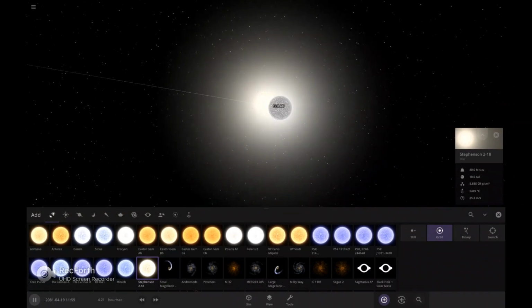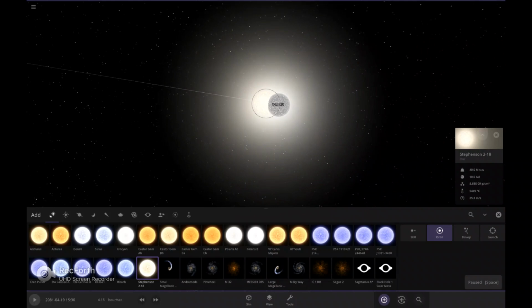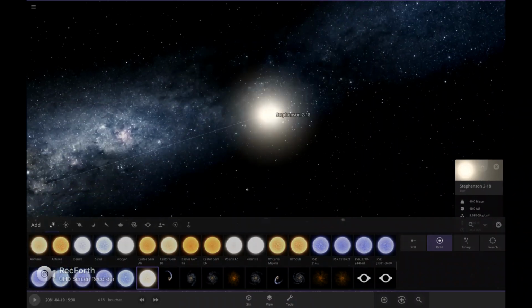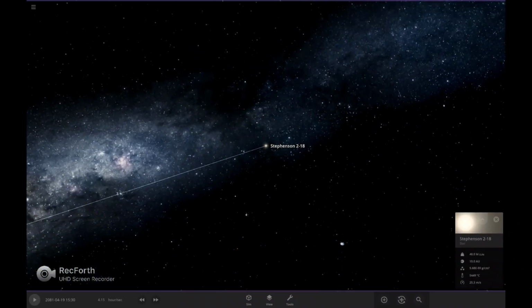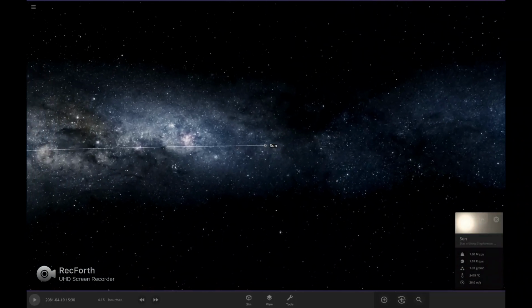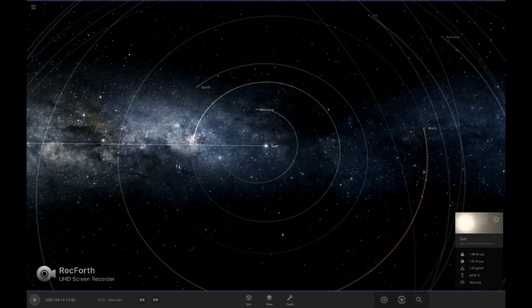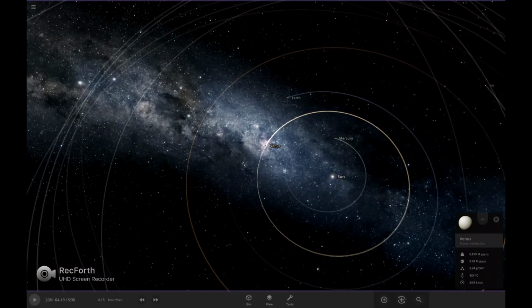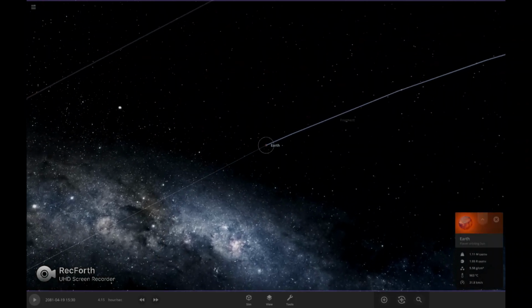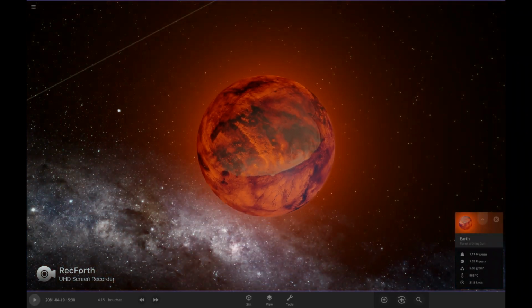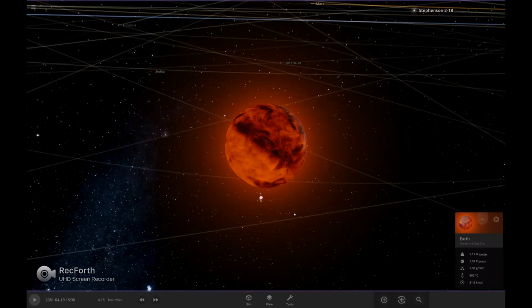Well, Stevenson 218, if it supernovas, it'll reach us. Okay, it should be twice as bright since this is two Stevenson. Oh god, that scared me. They're already getting dragged.